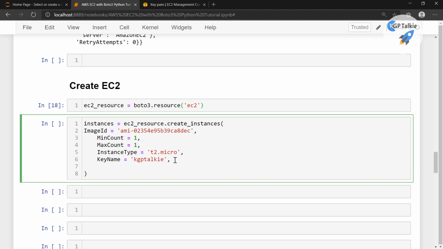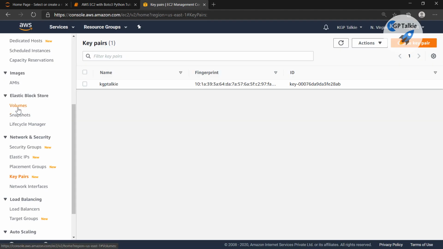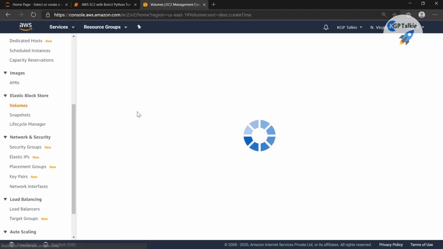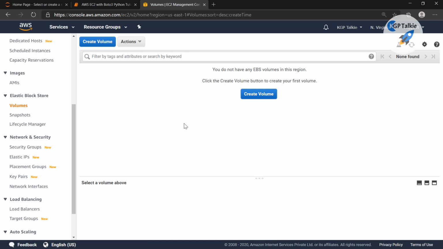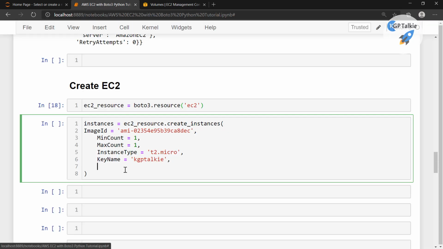Thereafter, we are going to attach this key name there, and now we also want to attach a volume. This volume means the hard disk of our computer. Currently we do not have any volume, which means we also have to create a volume. But the creation of this volume, we can do at runtime from here. So I'm going to pass here the block